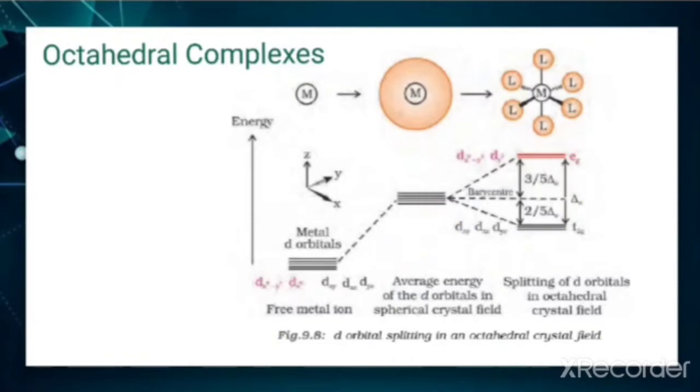That is the T2g set and Eg set. You can see here the 5d orbital, because of the ligands, gets split into two sets. The two sets are T2g and Eg set. Now whichever orbitals are involved in T2g, that is